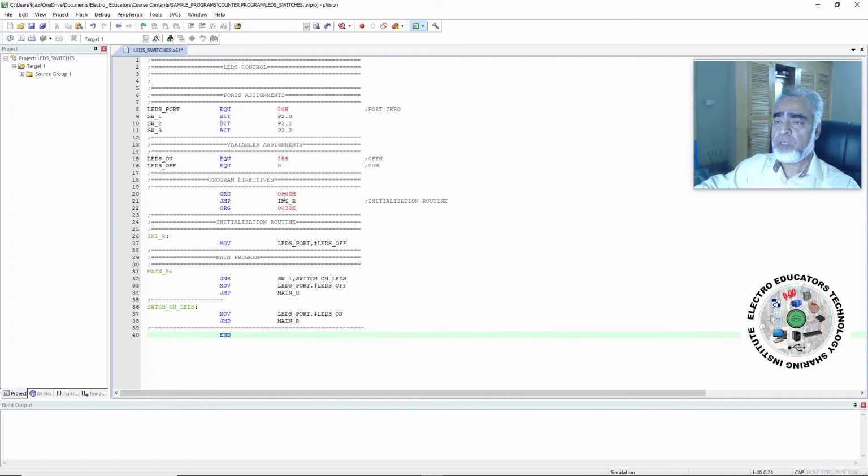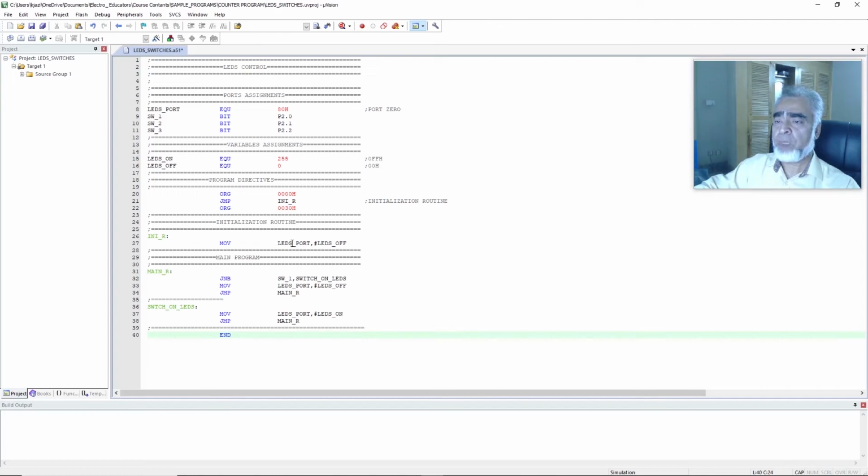and then we have written the directives for our program, and we have written originate address 00H, that is start writing the first instruction from 00H location, and here we have written an instruction that is jump to initialization routine. From 00H location, our program will jump to the initialization routine, and we have start writing a program that is initialization routine from 30H. So here we have written originate 0030H, and here we have written our initialization routine,